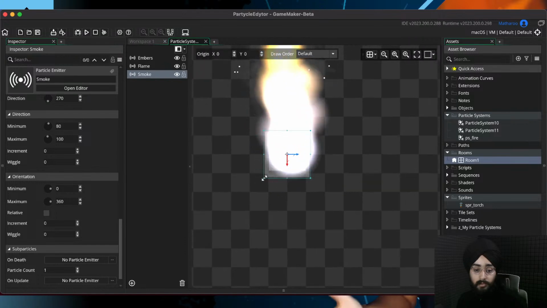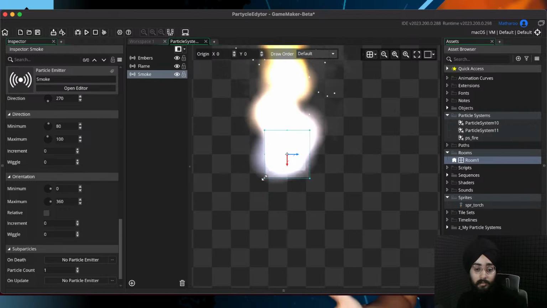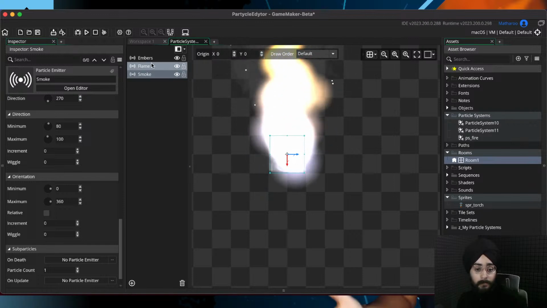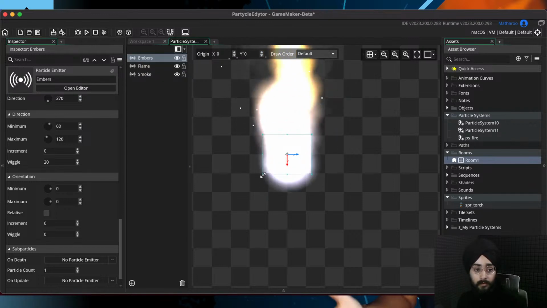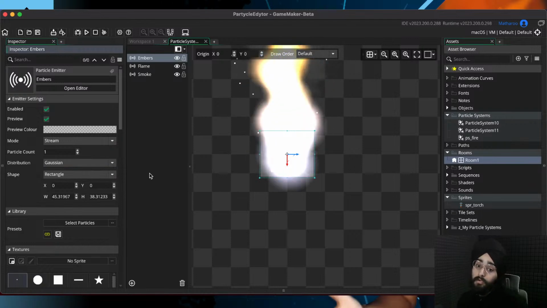Maybe the area should be a bit wider. So I set the area to be wider, and okay, I think I'm editing the smoke there. Yeah, embers, and make it a bit wider, and set the distribution to Gaussian so we get more in the center,